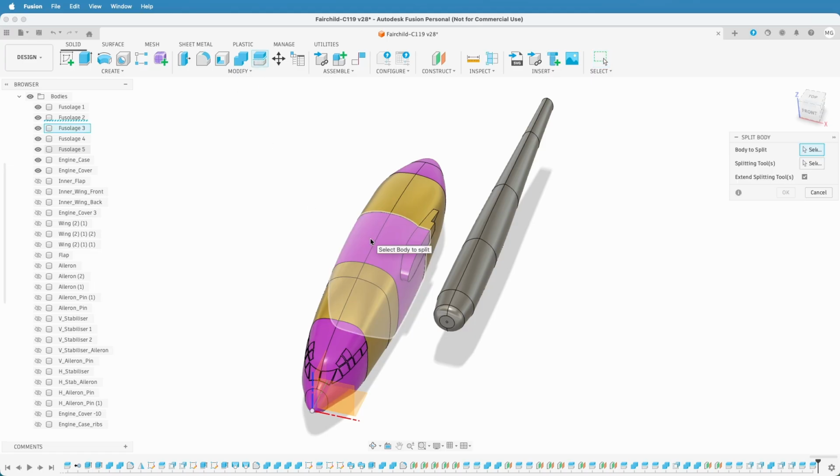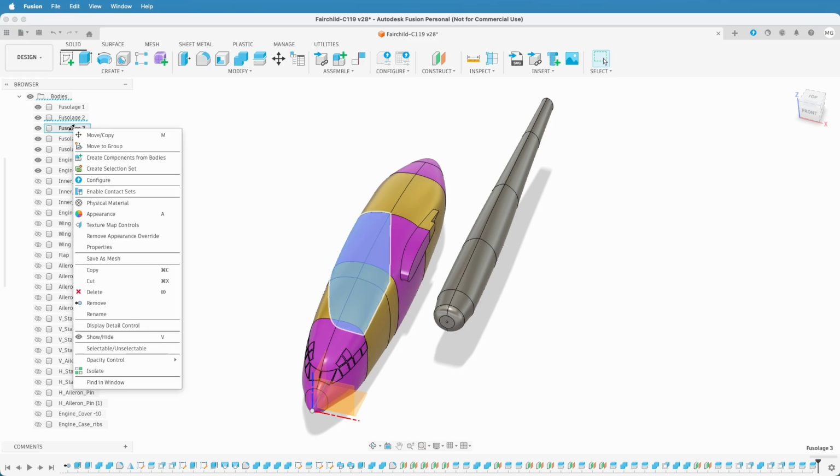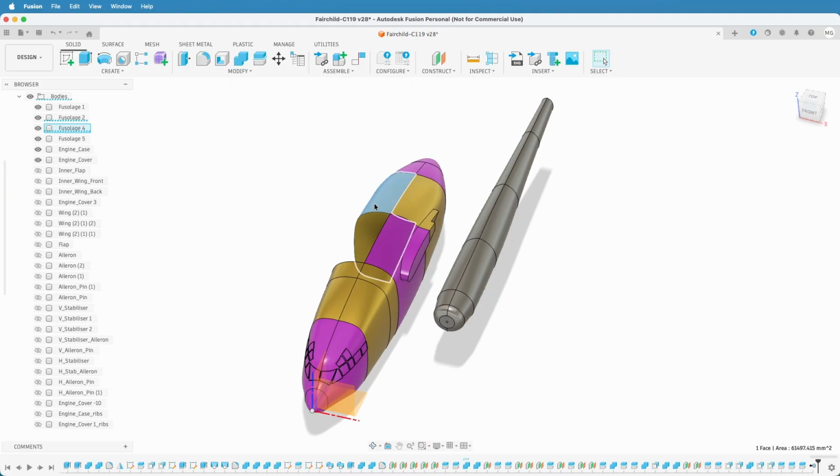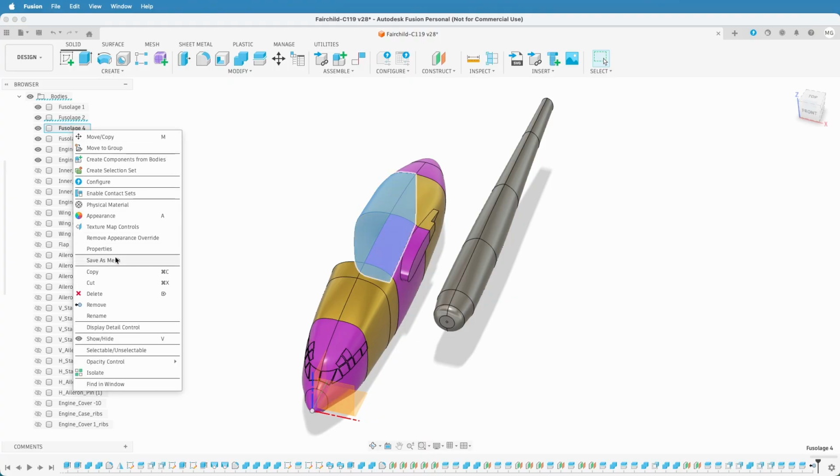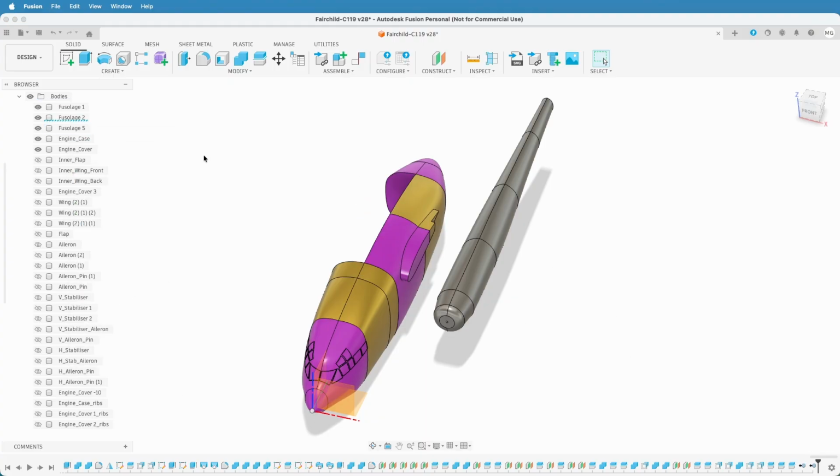So I'm going to split this and this, and I'm going to use the middle plane, so I can actually remove that, and I can remove this,